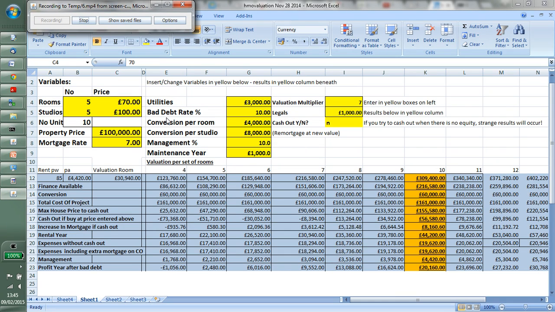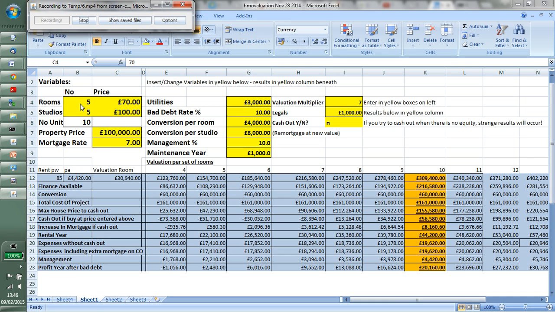I'm going to give you a quick run through of my valuation spreadsheet, which I've designed for HMO to give you a quick and easy way of working out whether a particular property is good value for your acquisition. So up at the top here, these yellow boxes in this top half here are the variables that you can adjust, and down the bottom across this matrix at the bottom, the relevant one will light up with all